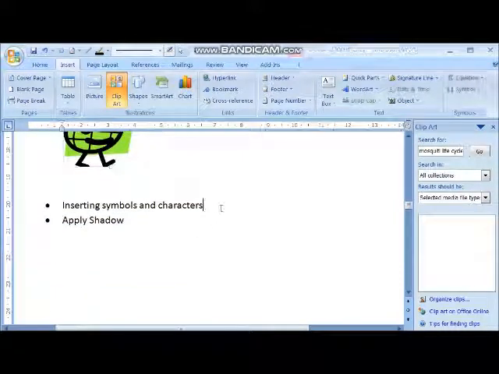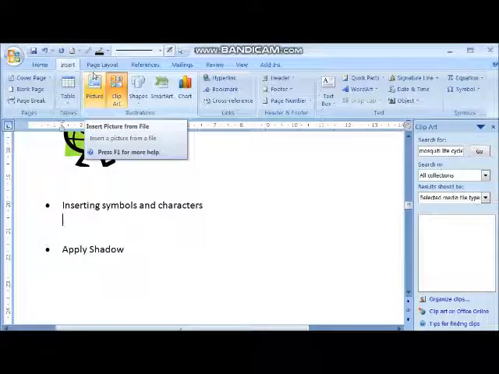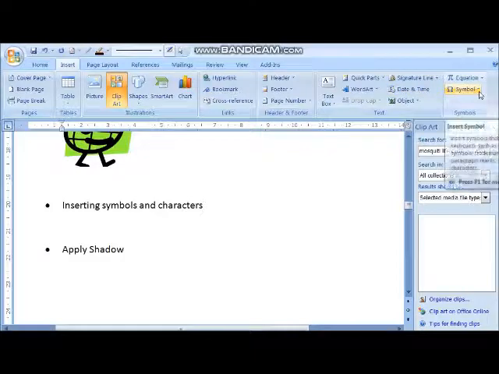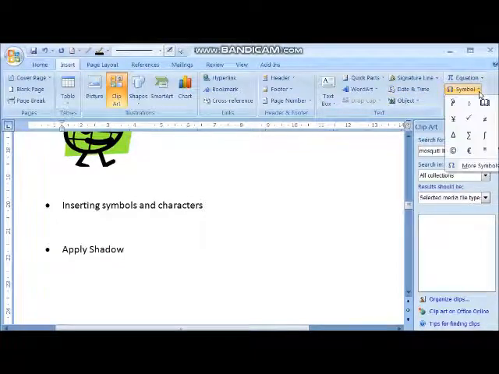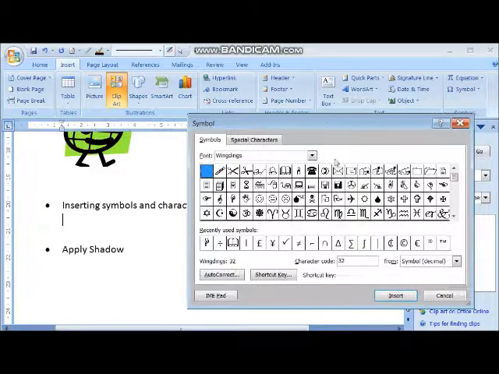Okay, now inserting symbols and characters in that. So inserting symbols and characters, how to insert? Again we have to click on insert. Okay, again I am going to click on insert, then I am going to click on these symbols. Okay, more symbols पर हमने click किया. What happened? Your symbols will be open here.